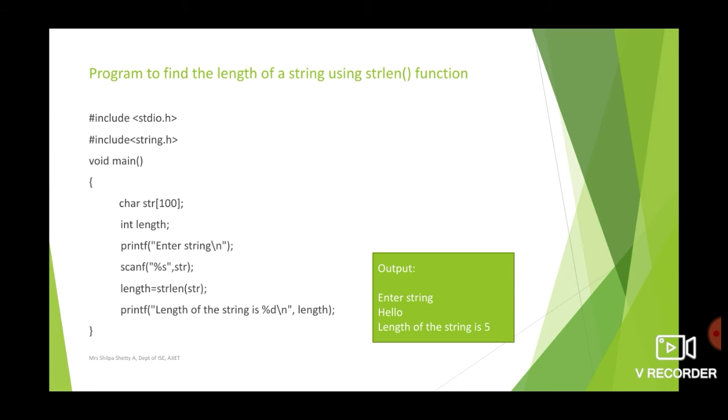So now let us find the length of str. Whatever string you have entered will get stored in str, so we need to find the length of str. So we write length is equal to, let us call the strlen function, that is the string length function. So length is equal to strlen of str. The length of the string that you have entered is now stored in length, and then you can display the length of the string. So printf length of the string is %d, length.